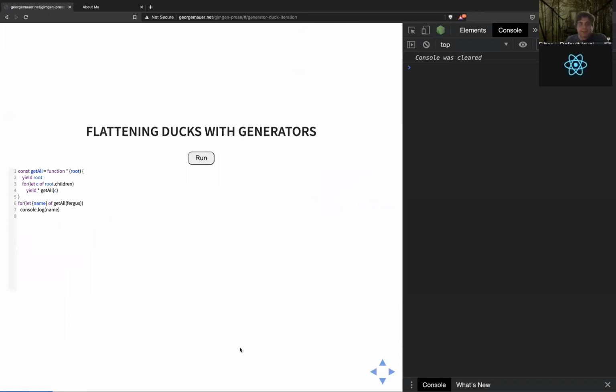That's a neat little thing, but how is infinity actually useful there? Well, you can do all sorts of neat stuff with that. Oh, by the way, here's flattening ducks with generators. Remember I said it's simpler? It's much, much simpler. I don't need a stack. In fact, the call stack is already a stack, right? When we implement the stack, we're just kind of implementing the call stack within the call stack. So just let it do its thing. Remember I told you it's so much simpler? So there you go, run it. Hey, we have a generator, right? They'll go through all our children.